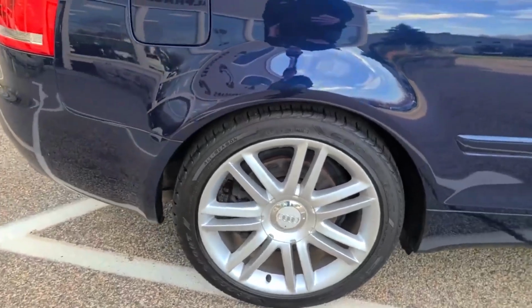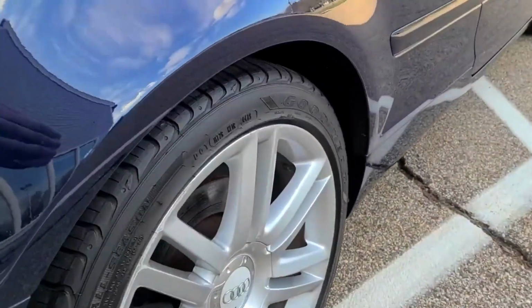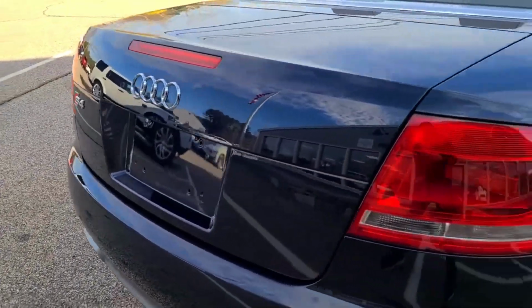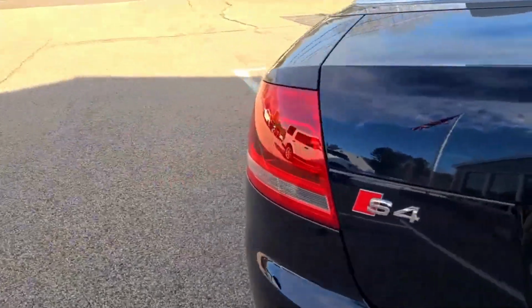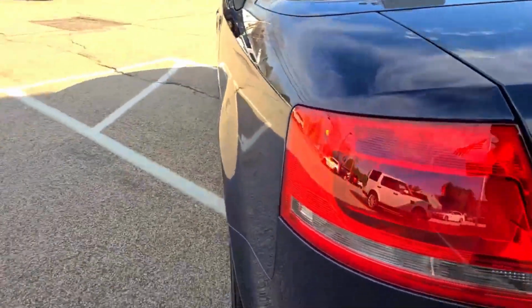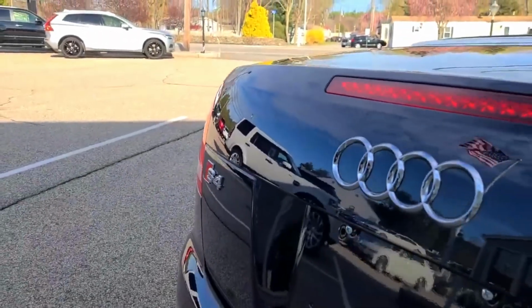So this is the only wheel that has any serious curb rash to be seen, but again, it's only cosmetic and very minor. Now, as we can see here at the rear of the vehicle, taillight lenses are crystal clear, really nice condition. No oxidation, discoloration, chips, any of that. It looks really nice. Of course, you have the bright red S4 badge to match those taillights just next to